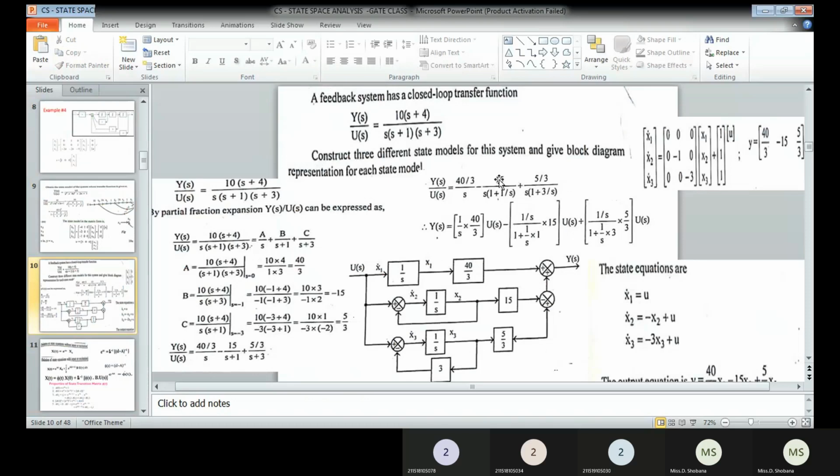So 15 is the gain. Therefore we are going to take in the multiplication. Here in the denominator we have s plus 1. Take the s commonly outside, you will be getting 1 plus 1 divided by s. So this denominator s goes to the numerator. It will be available as a forward path integrator, that is 1 divided by s.